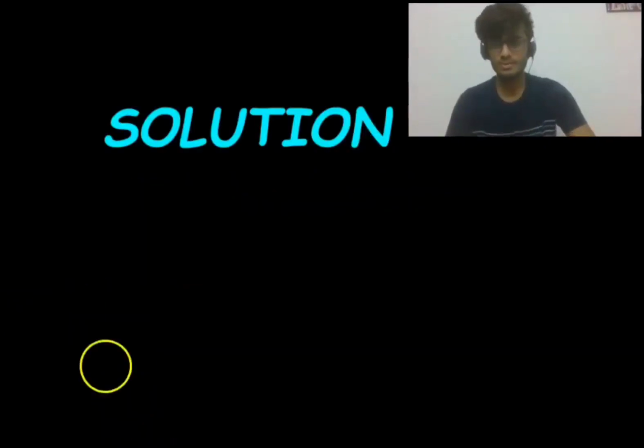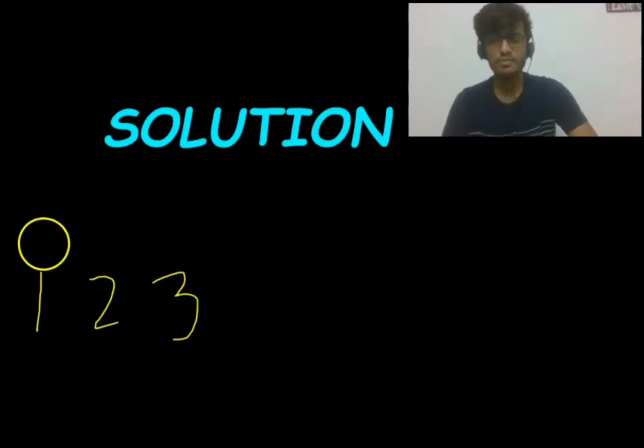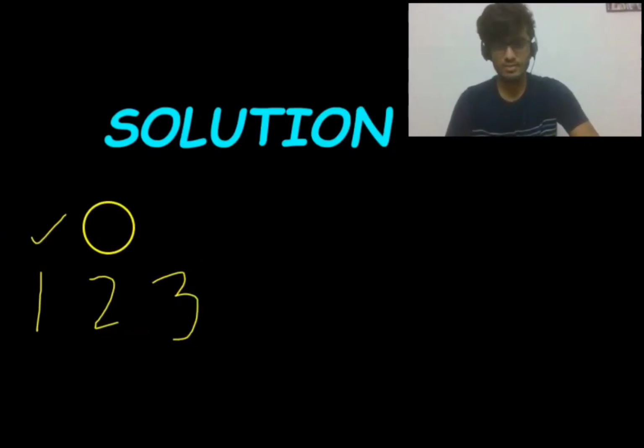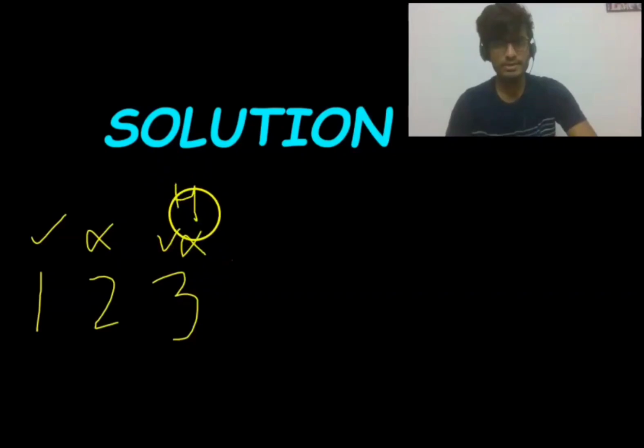So here is the solution. We have 3 switches, right? So we'll turn one of the switches on. We'll never turn one of the switches on. And for the third one, we can make use of the property that when bulbs are switched on for some time, they get heated up, right? So we'll switch it on for some time and then we'll switch it back off. So it will be heated.